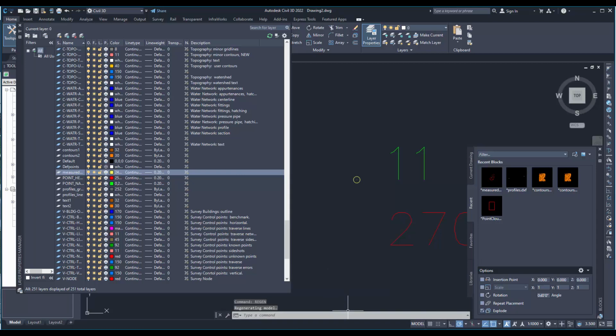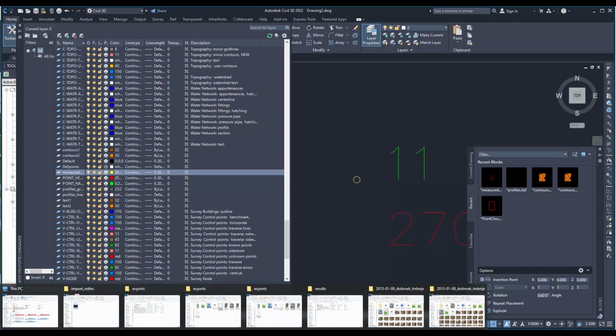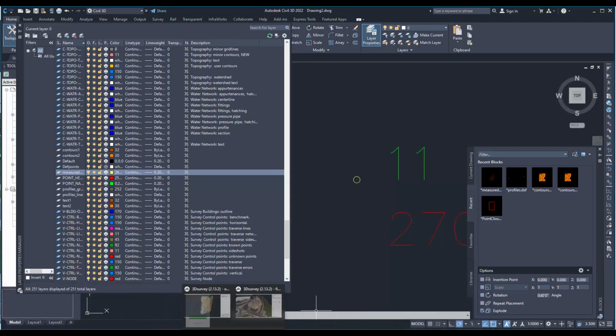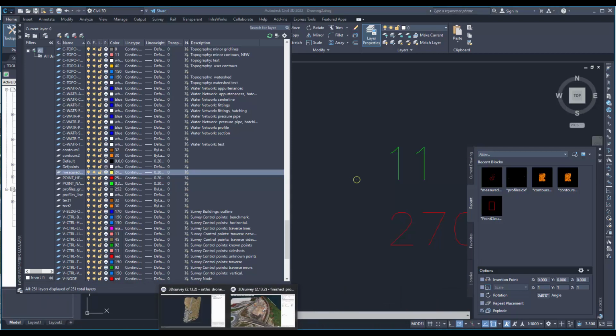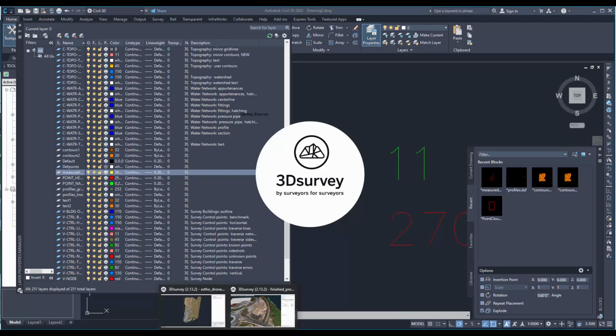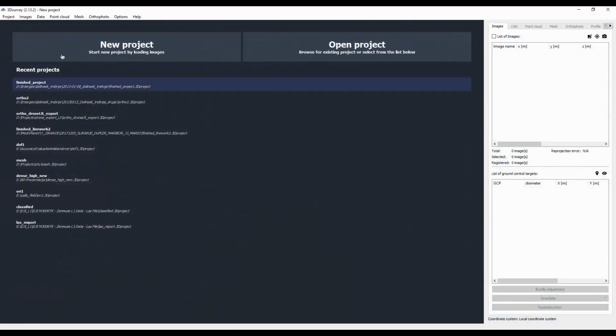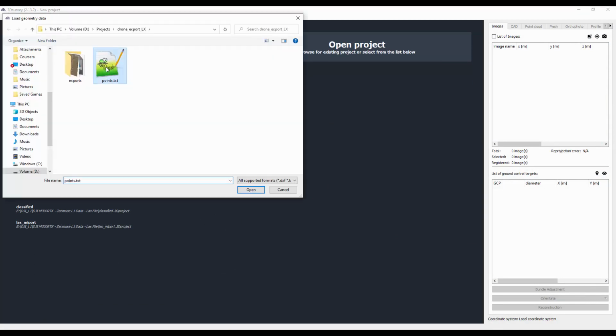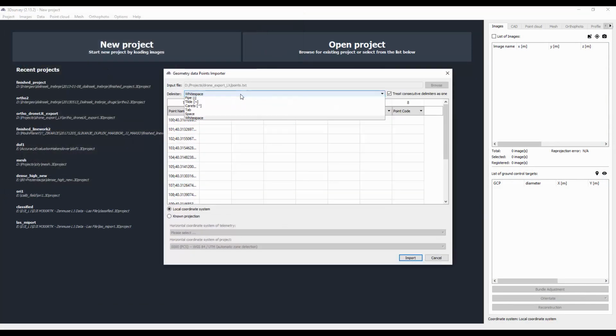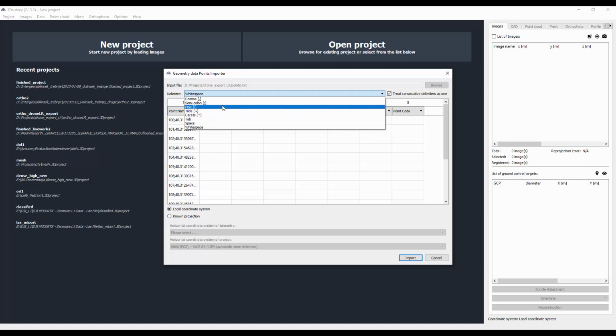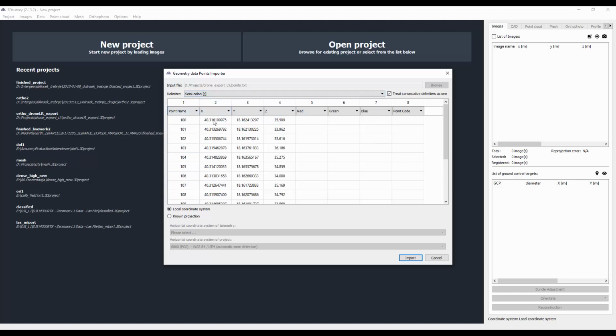Now, just the last thing I want to show you. This is how you import the points, but let's say that those points are in, for example, a geographic coordinate system, and you want to convert them into a UTM coordinate system. I'll start a new window of 3Dsurvey, go to data, load, and select these points. These points are obviously in latitude, longitude,